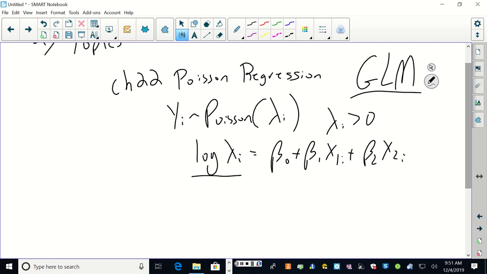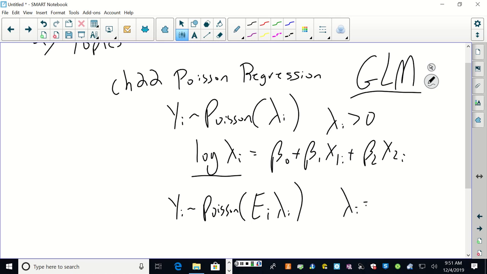Sometimes this is done where the i's really are different areas, and you have counts in different areas. The areas are different sizes. Counties are different sizes. School systems are different sizes. So sometimes it's rephrased a little bit where you have an exposure size and then a rate. And so lambda i is something like cases per 100,000 or per 1,000 or whatever the appropriate size would be, and E is like an exposure,